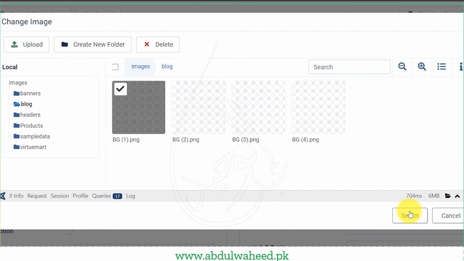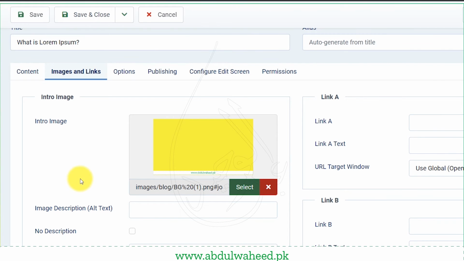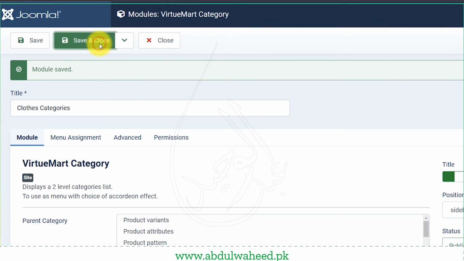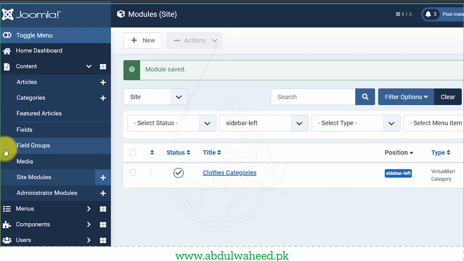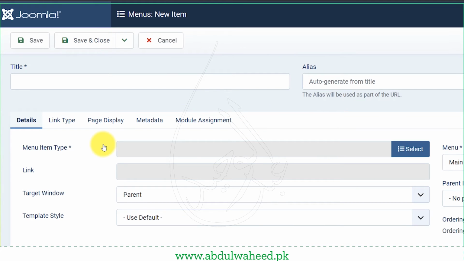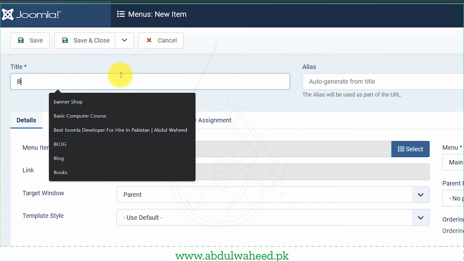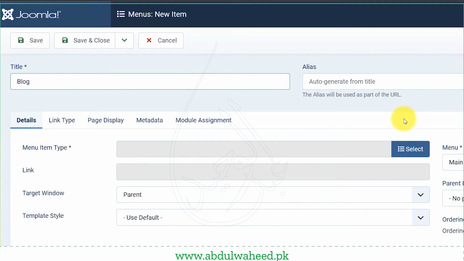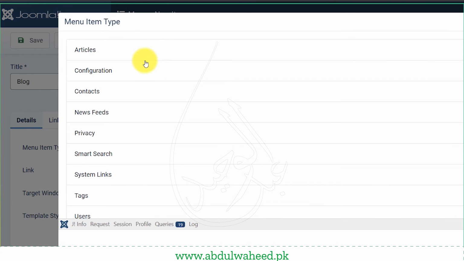And select it. Now save it. I will create a menu of this blog type. So I will go directly by clicking on this plus icon. It will create a new menu for us, rather than going first to the main menu and then adding a new menu. This is the blog, and the menu item type should be article and